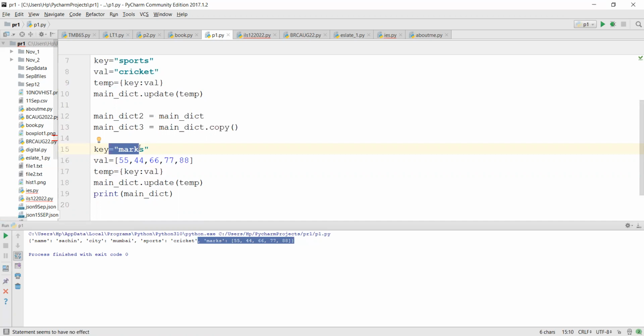So key, you may not even ask the user to enter key. You will ask the user to give value only. You will not ask the user to enter the key. You are creating the key. The reason we are creating the key is that if we have to display marks in the list,